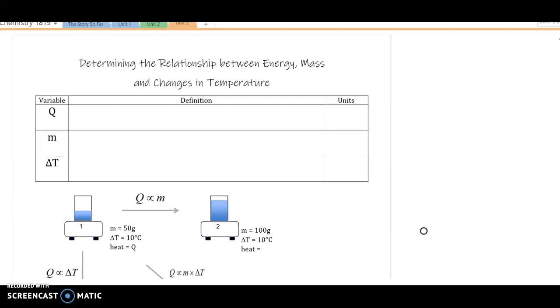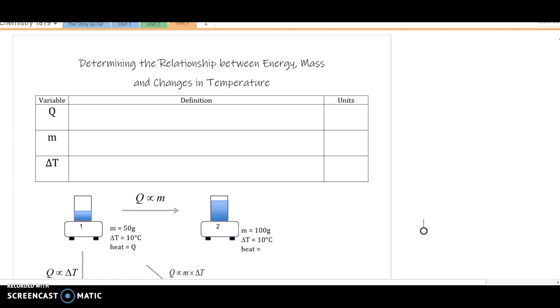At this point, we've talked about how to use the heat of fusion and the heat of vaporization to calculate energy transfers during phase changes. But this doesn't help us explain why there is a change in temperature if you have two different substances being heated on the same hot plate. If no phase change occurs to either of the substances during an example like that one, there has to be some other property of the substance beside heat of fusion and heat of vaporization that can explain a change in